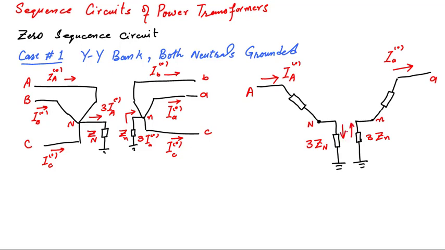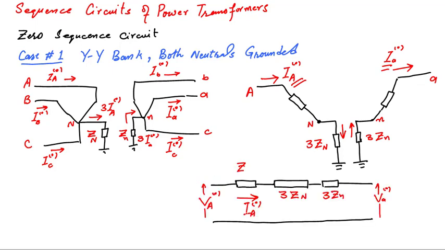If we use the per unit system, then IA on the high side and Ia on the low side will become equal, because these are with respect to the base current on two different sides of the transformer. So this is the zero sequence circuit of the transformer if we represent all the voltage and current in per unit. And here this impedance Z is the leakage impedance of the transformer.